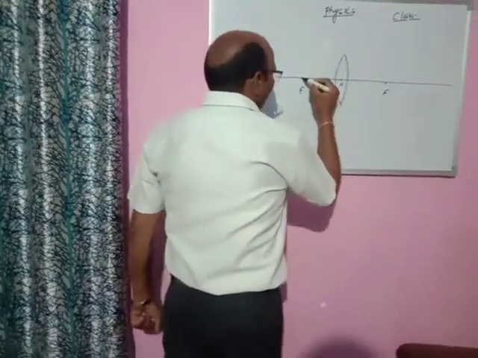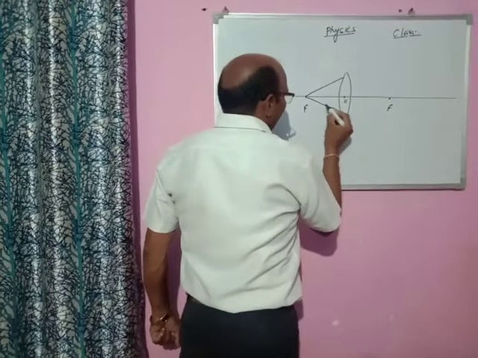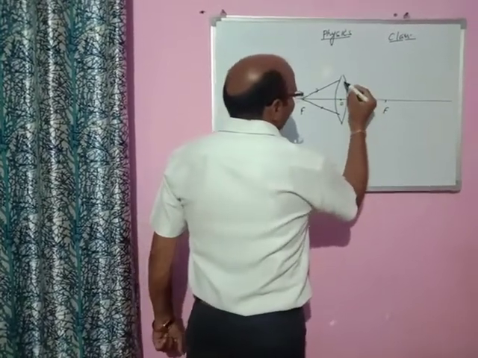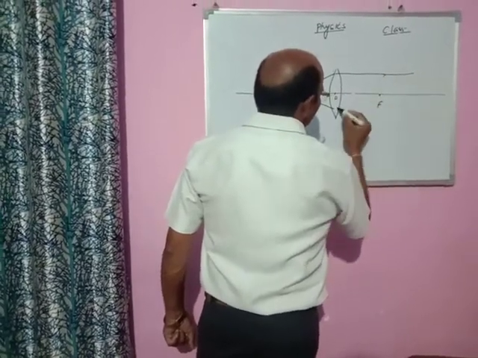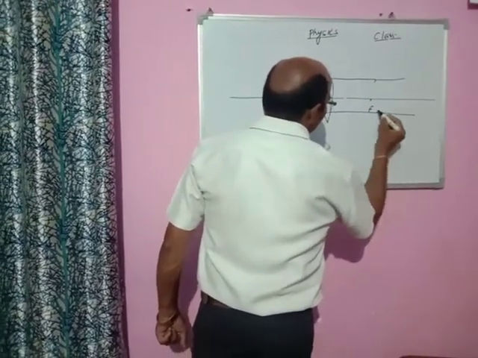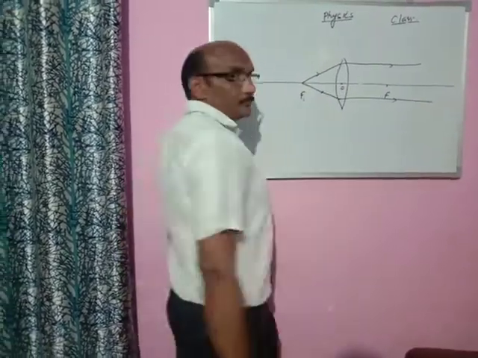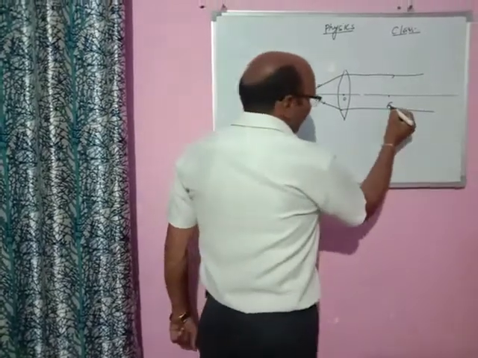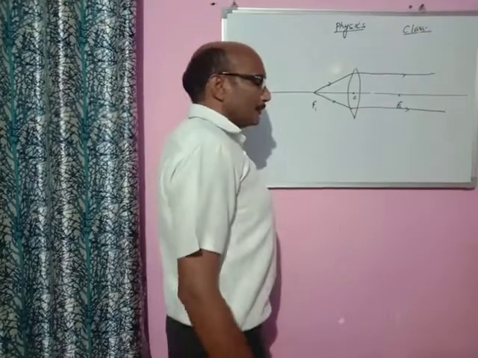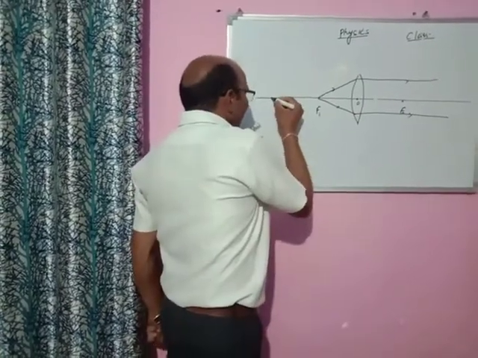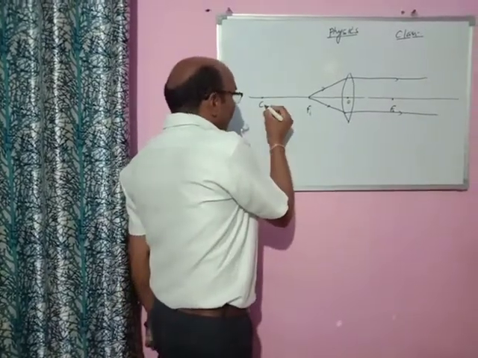Let one light be coming from here on the surface of the lens. This is the incident light ray, and as per norms, light will go parallel to the principal axis. It means this is the first focal point, and this should be the second focal point. This is the first focal point, and there should be one center of curvature, and this is the second center of curvature, C2,